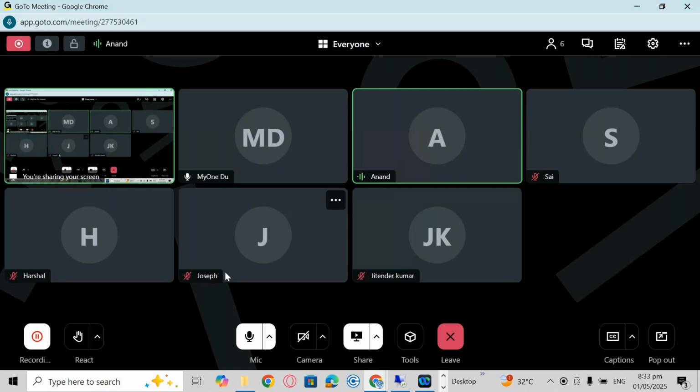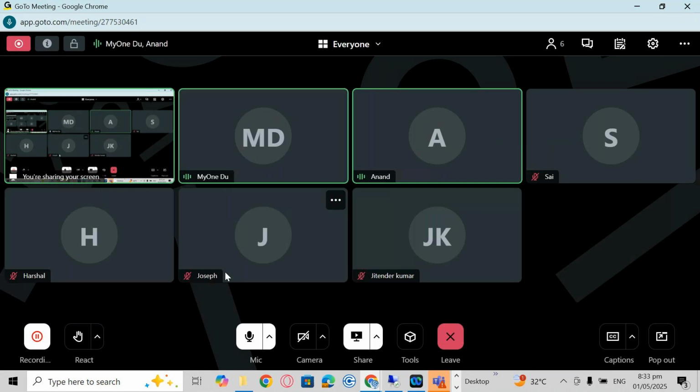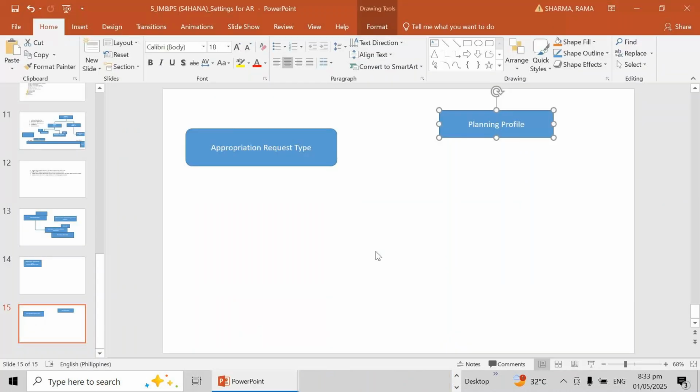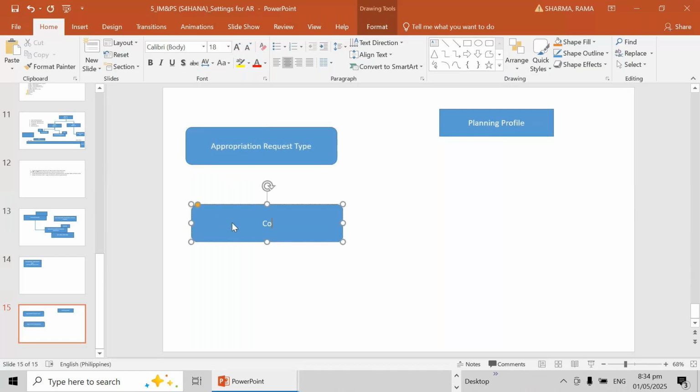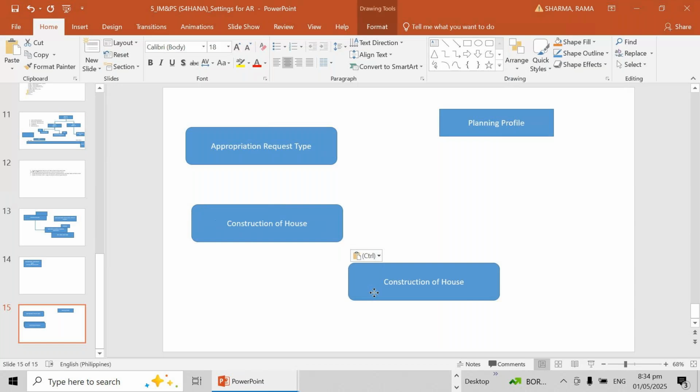Just keep aside your scenarios. For example, if you want to construct your own house, how will you list all the activities, based on the deliverables or based on the activity you are performing? There can be different ways, right? Let's say you are saying construction of a house, and within your house you can segregate building construction,